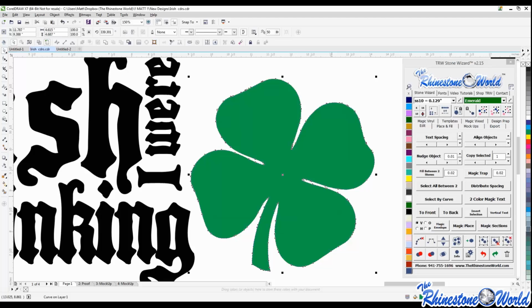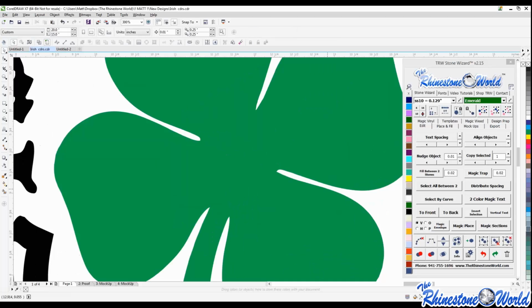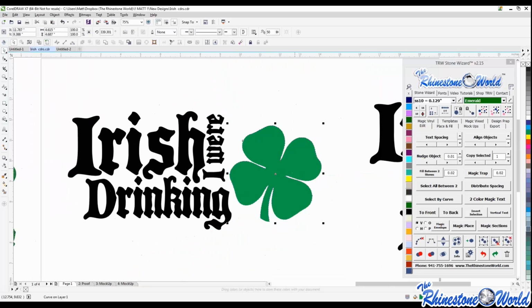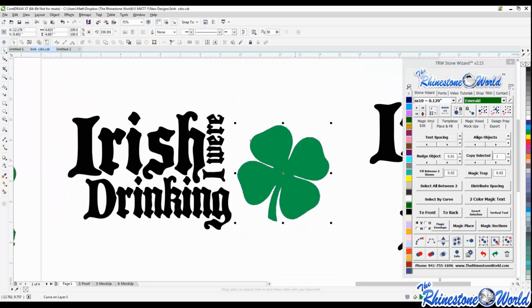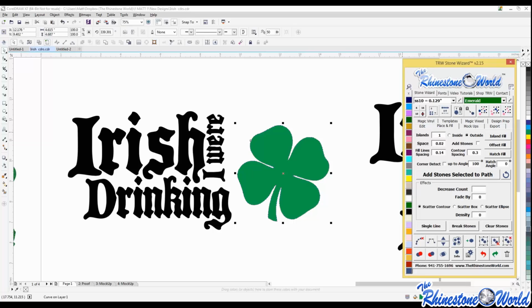And let's see what happens if I rotate. Now I'm looking at this, and I'm just thinking in advance before I actually do it, my area right there isn't very thick. It isn't going to stand out a whole lot. So just to make the four-leaf clover basically stand out a little bit more,